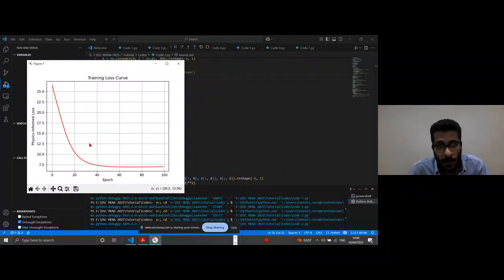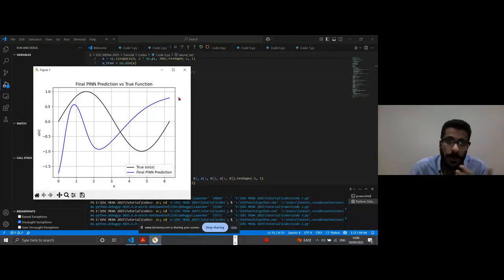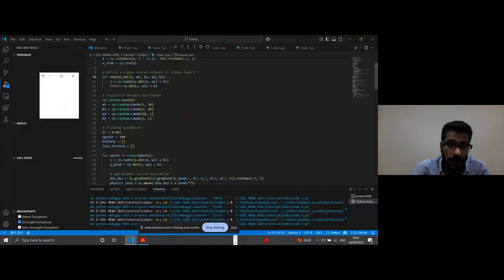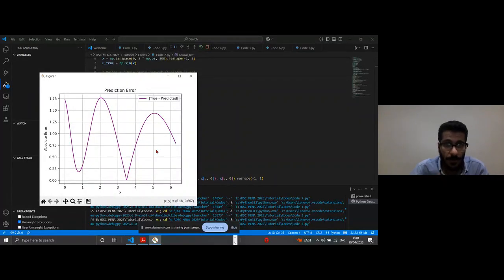You can see the training loss curve starts lower once we have trained. So you can train more, you can have more training epochs, you can try to extract a group of data and train on it, and then train again. So you can have trial and error until you get your desired accuracy. This is how it works.